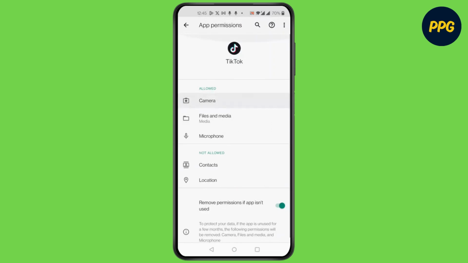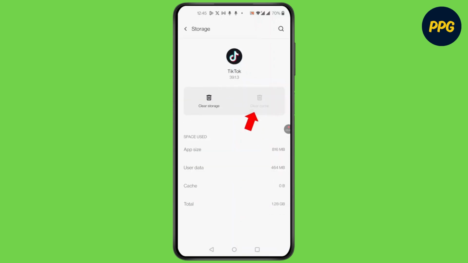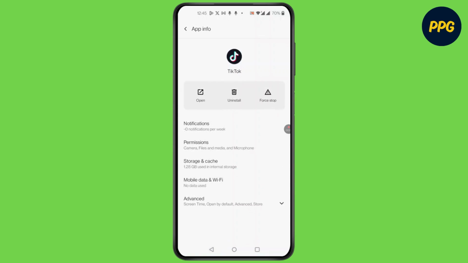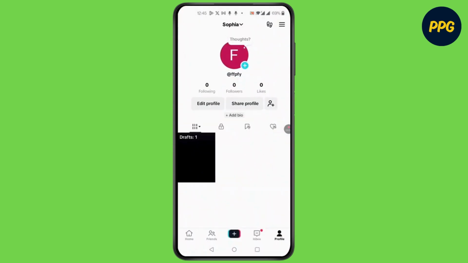And make sure permission is allowed to camera, files and media and microphone. Then simply go back and then click on storage and cache. Clear cache and clear storage. After that, simply open TikTok. Your problem should be fixed, and if it does not solve your problem, go to 3 lines on top right